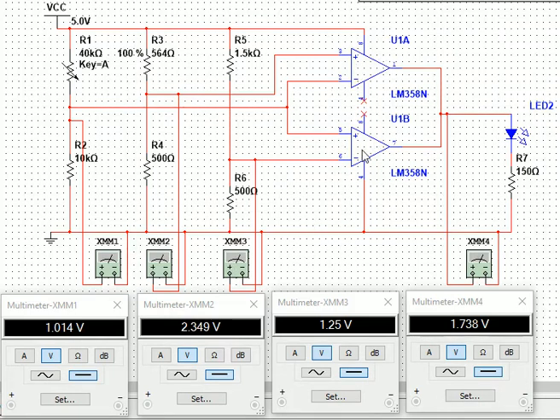The op-amps U1A and U1B are used for voltage comparison. The voltage created by the reception of IR rays across the photodiode is given to the op-amps, and it is compared with the reference voltage of 5 cm in this op-amp, and in this op-amp it is compared with the reference voltage of 10 cm. If the voltages are in the permissible range, then the op-amps will be turned on and the corresponding output will be seen on the LEDs.